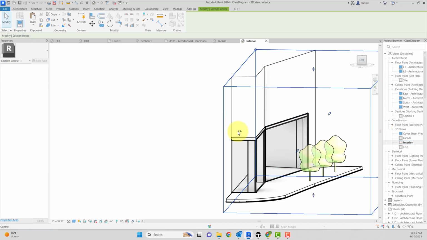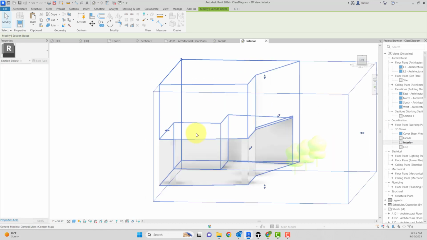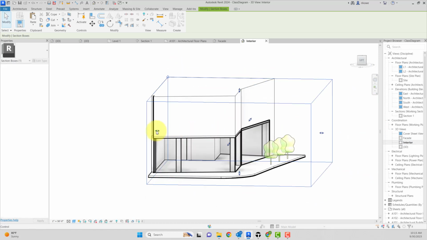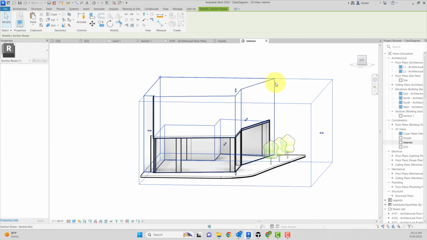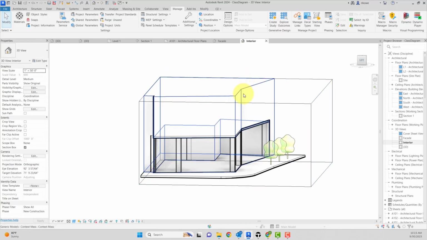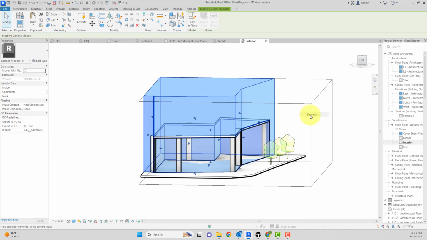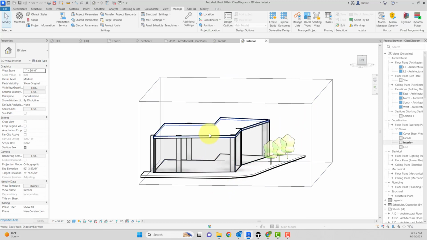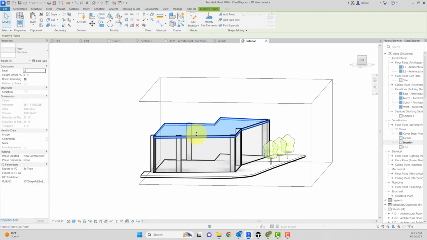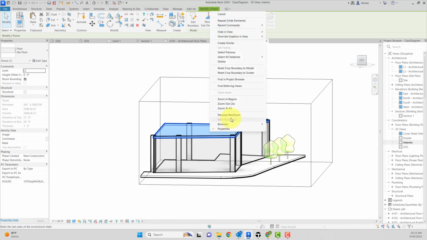And how you go about it, I think everyone will be a little bit different. But I'm just going to start to get this to really just the information that I'm going to need. So I might actually just hide this element. I may even hide this element here and let the